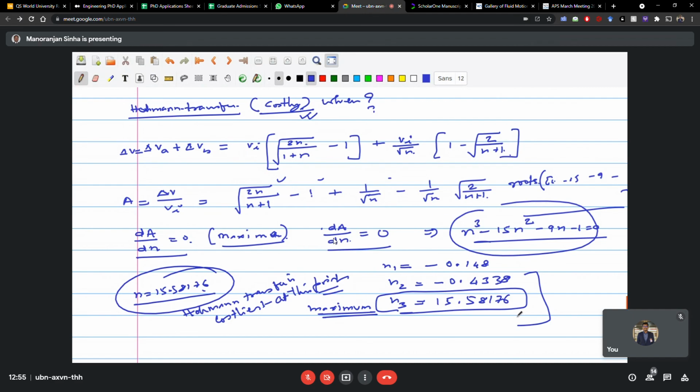Sir, this expression n cube minus 15n square minus 9n minus 1 is the expression for dK by dn, right? dK by dn equal to 0, we are solving it. Yeah. Just the left hand expression is the expression for dK by dn, right? Right. And sir, this 15.58176 is the greatest root of this polynomial. Yeah. So if you have n greater than this, then